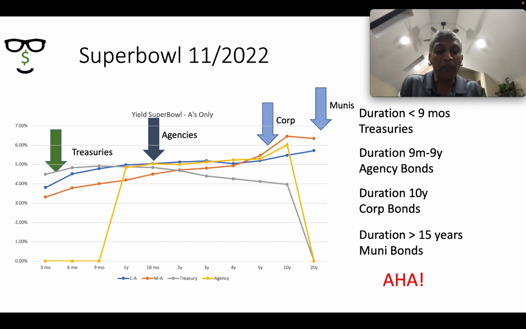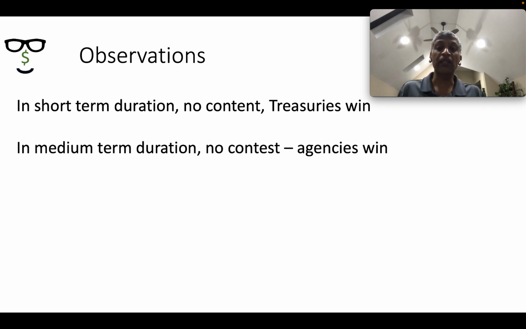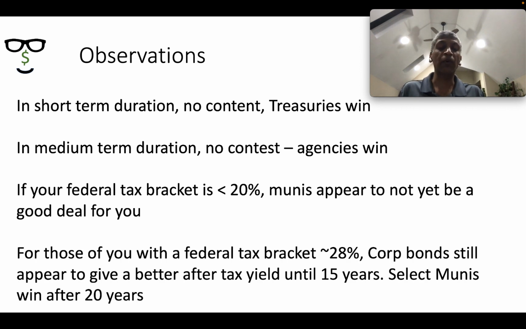And in my humble opinion, and I am no prognosticator of the future, as the increase in the federal funds rate starts decelerating, there will be some very interesting dynamics for us to look at. And we'll keep revisiting the yield curve every 8 weeks or so, and you can see how this changes. All said and done, in the short duration, treasuries are king. In the medium duration, agencies are queen. If your effective tax is less than 20%, forget about munis. At 28% on the high end, you can start looking at some of the newer corporate bonds and munis, and you should make your own decisions on that.